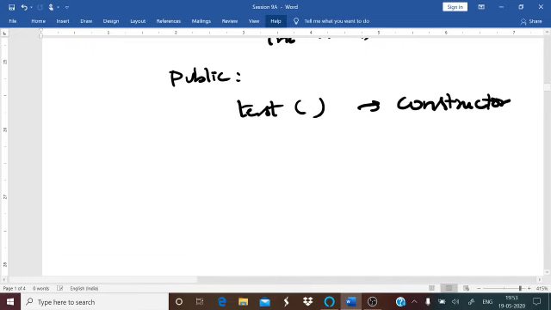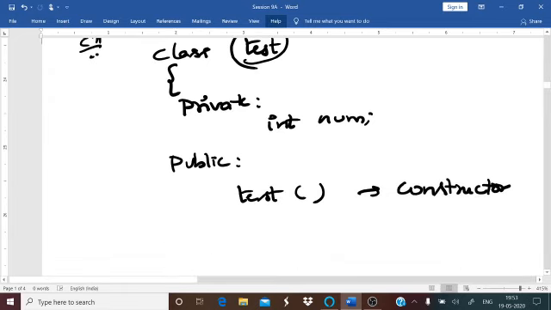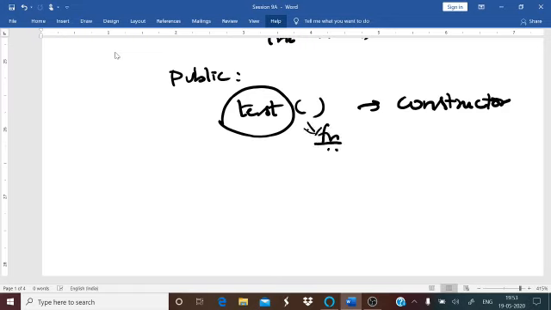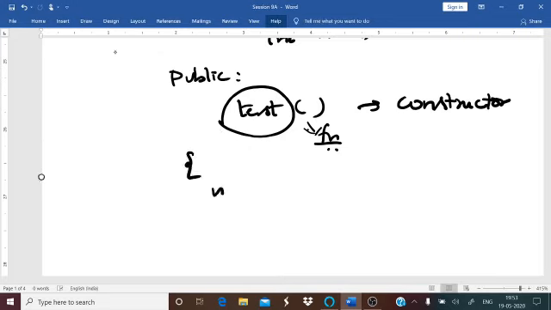Okay, remember this is your class name. The same class name is given for your constructor also, but the only thing is you are defining it as a function. Okay, constructor function. Then you can give any values or close.